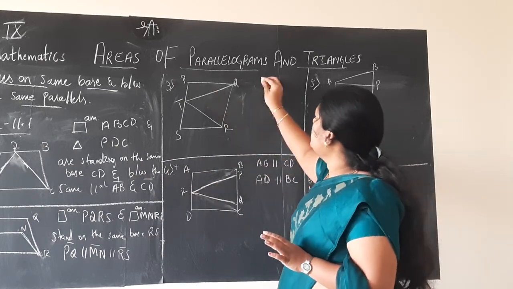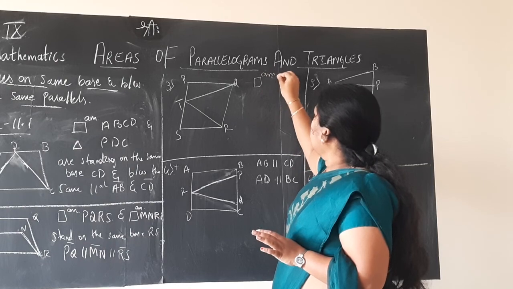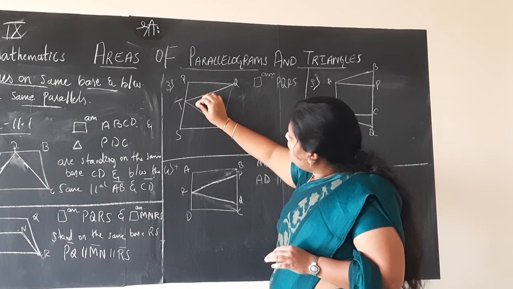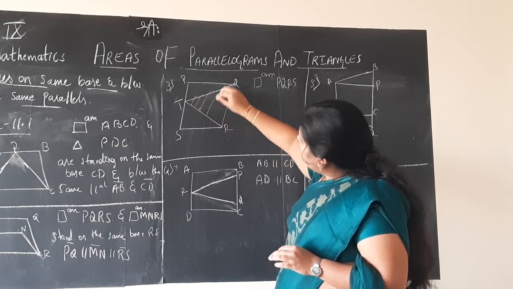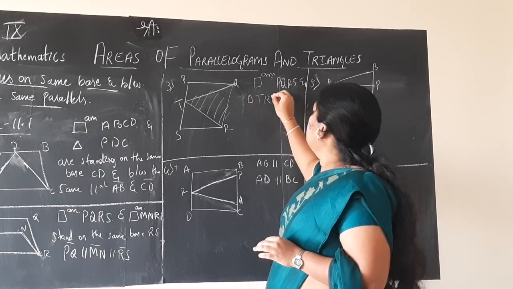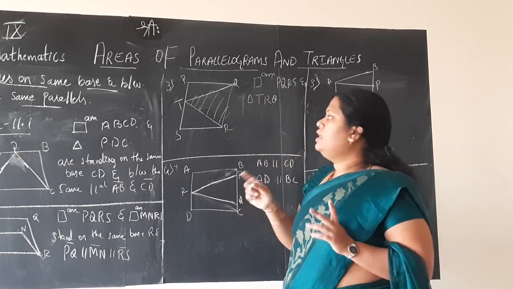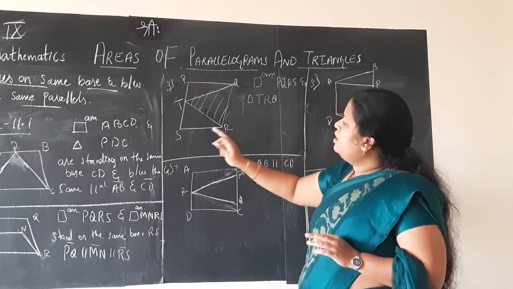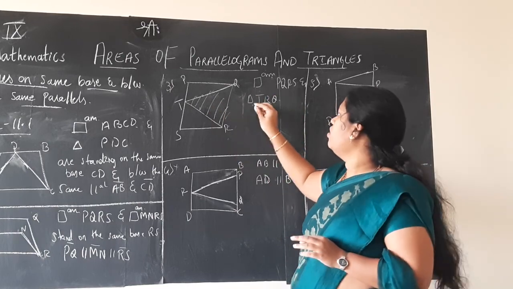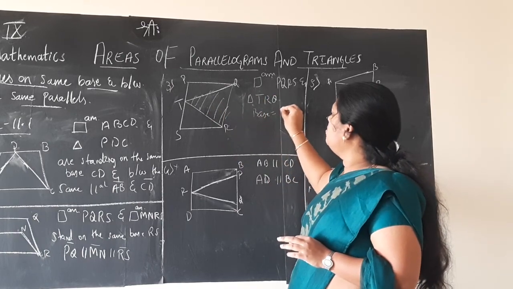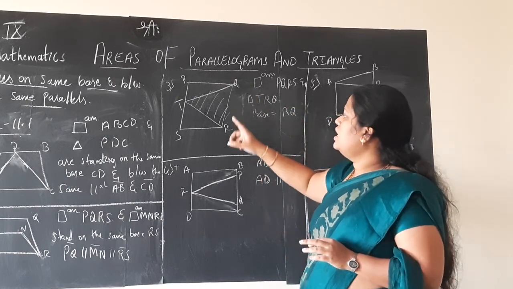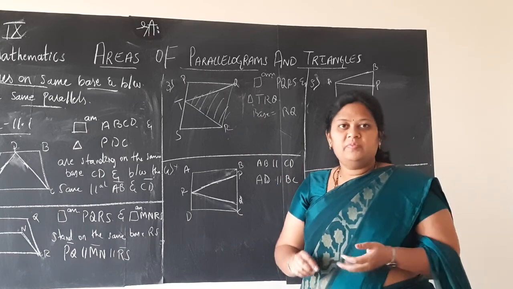Now it is very much similar to the first problem. First, you can see a parallelogram PQRS, and inside you can see a triangle TRQ or TQR, however you label it. We can see parallelogram PQRS and triangle TQR, which are standing on, and just write which is the base and which are the parallel sides, children. You should write the complete sentence. Are standing on the same base RQ.